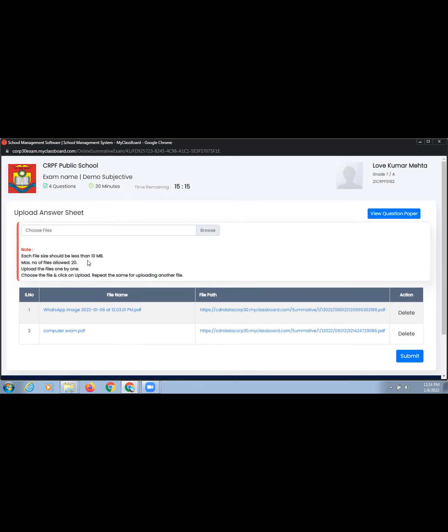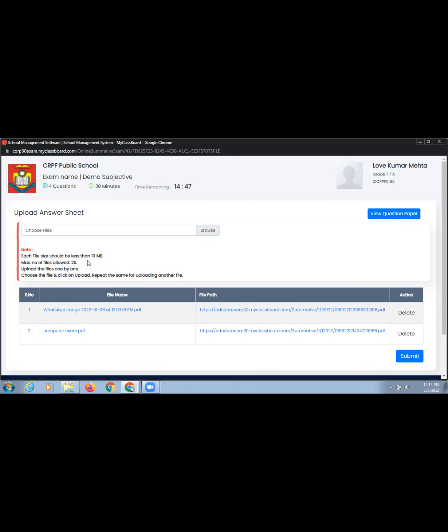You can upload it as a PDF also, but I will recommend to compile all your images into a single file as a PDF, like I have shown you how to convert it into a single PDF and then upload it, because it will be easier for you also to track how many files you have uploaded, and it will be easier for the teacher also to check, right? So make a single file for all the pages which you are going to upload.